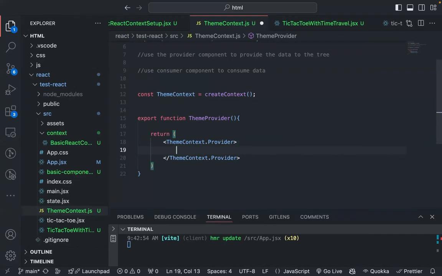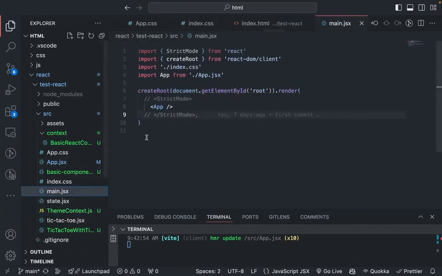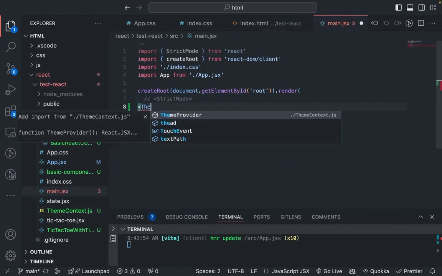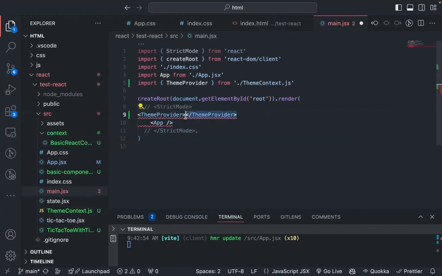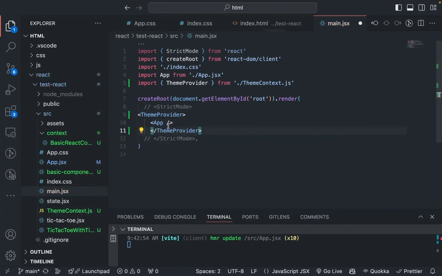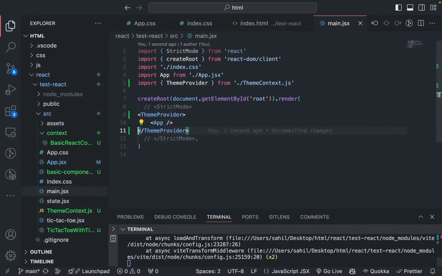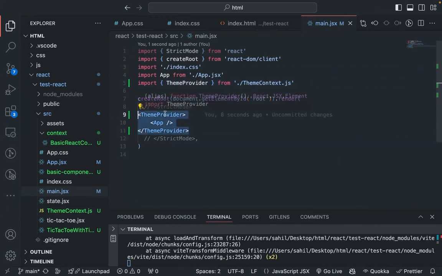Now one question that would be coming to your mind is, okay, what are we going to do, right? Let's say we want to provide the data to the app and all of its child components. So we can go to the main file where the app component is called, and we can wrap our theme provider like this, right? That makes sense. We imported the theme provider from the theme context file. We wrapped it, but the problem is